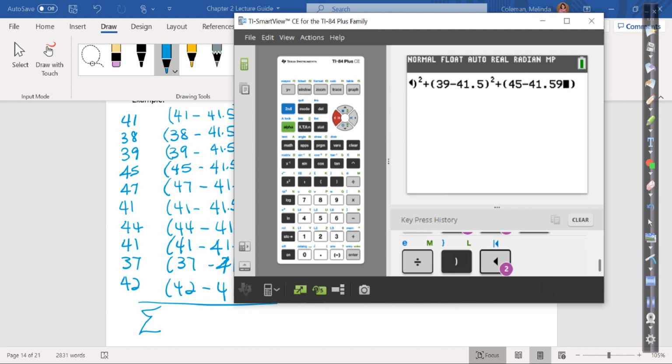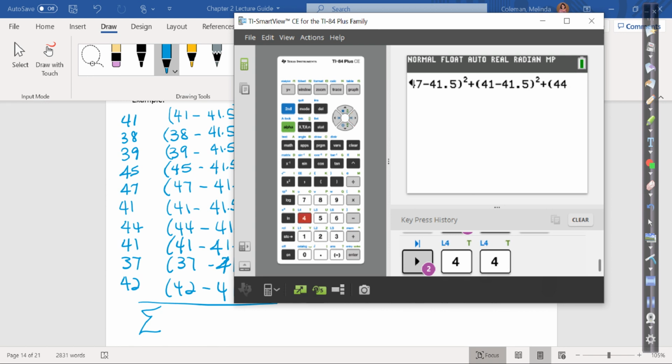$41.5 squared plus, parentheses 47 minus 41.5 squared plus 41 minus 41.5 squared plus, oh goodness, it's a square, plus, my fingers are getting a little fat, plus, let's see if I can use the pen,